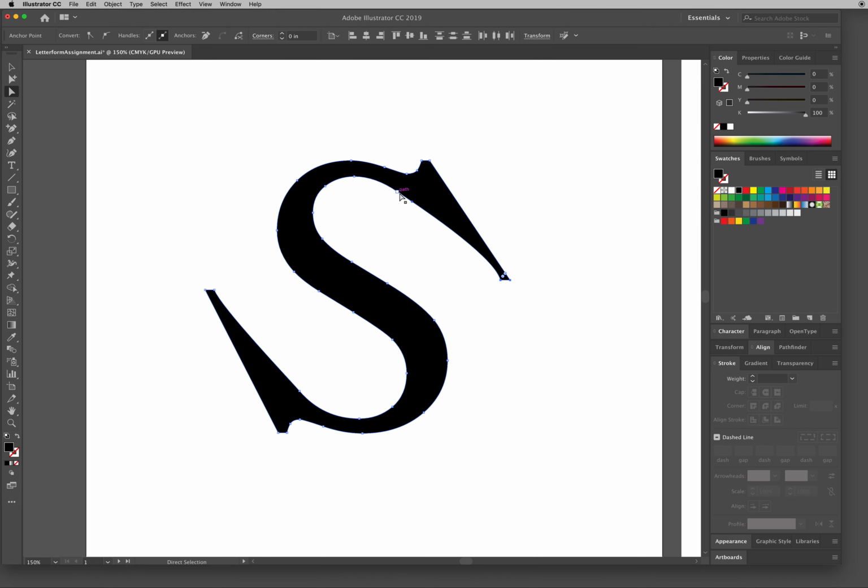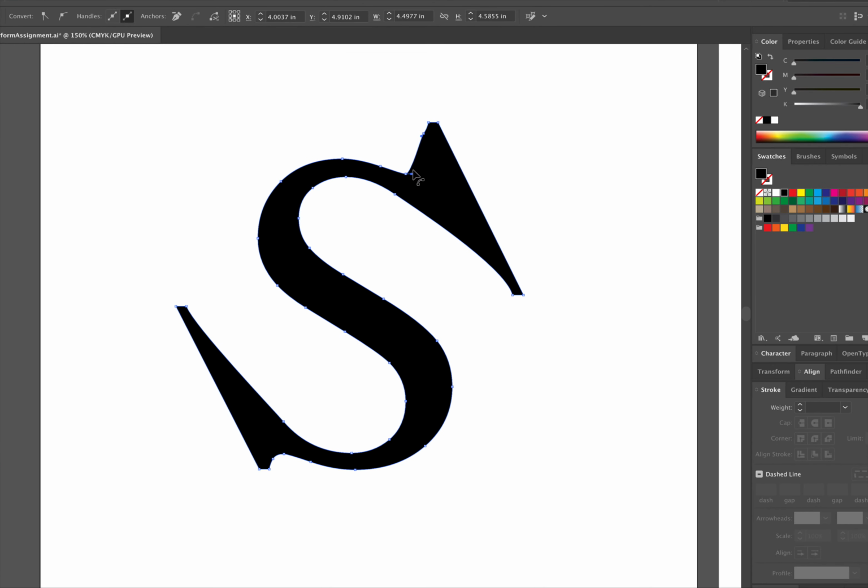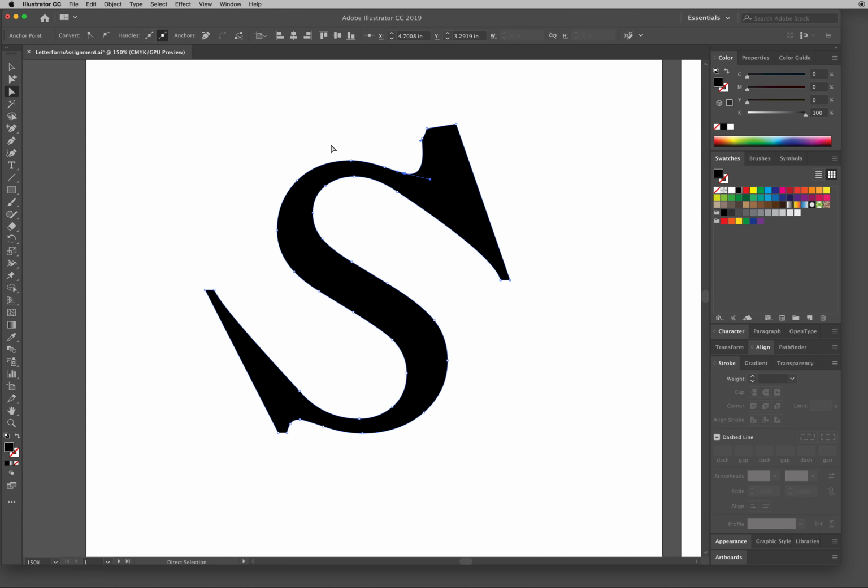Kind of looks like a cool type of, I don't know, spearhead or something. Okay, and if you take these little handles right here and move those, you can manipulate the curve a little more. Okay. If you want to draw a little more detail in there, you can take your pencil tool.